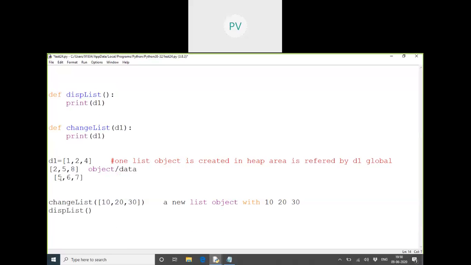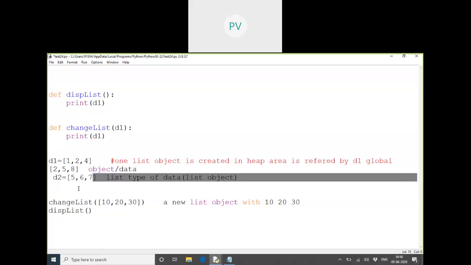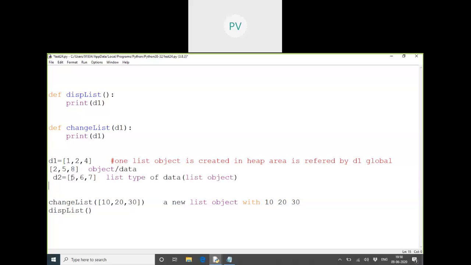Which data have you given here? Which kind of data is it? It's list type data. That means it's which object now? A list object. Automatically one object is created when you physically write some data. This is an object. Now, does it have a reference or not? It's up to you. Now, what did I write in this sentence? D2 is pointing to which object? A list object. What is the value of that list? 5, 6, 7.